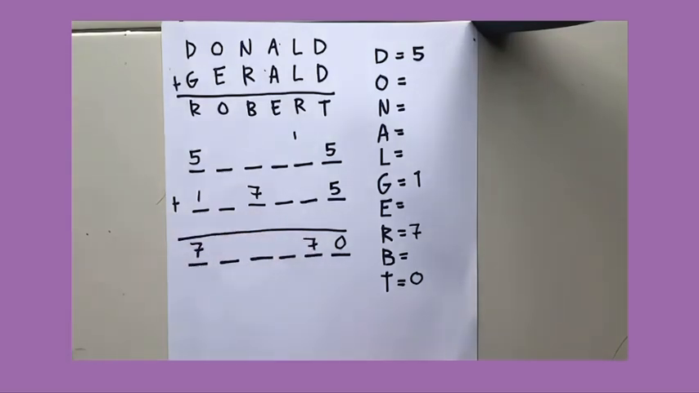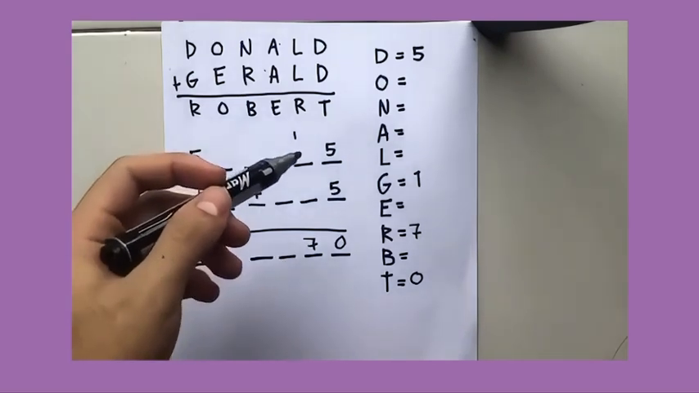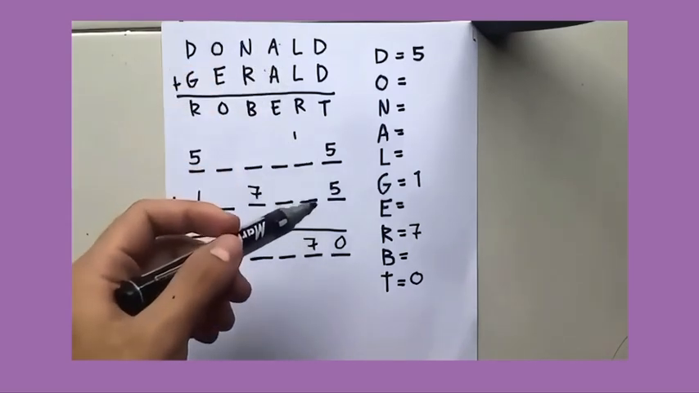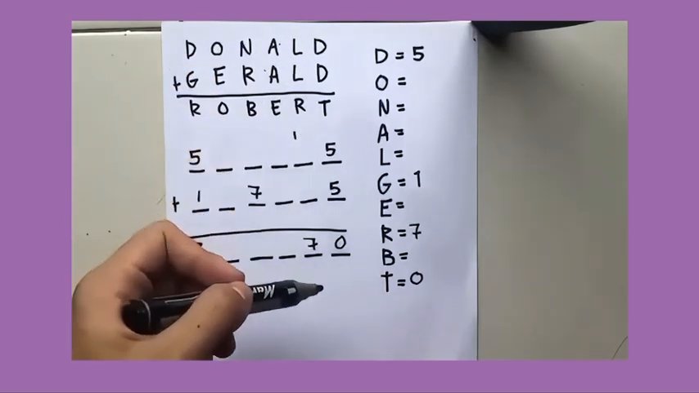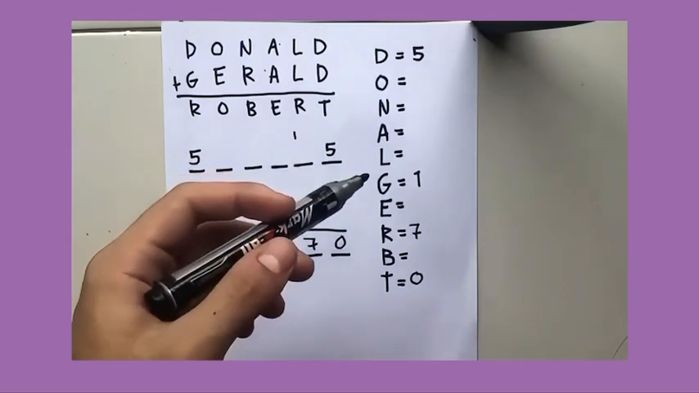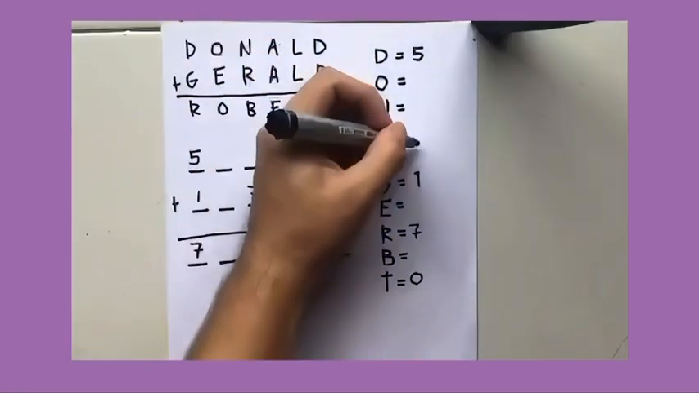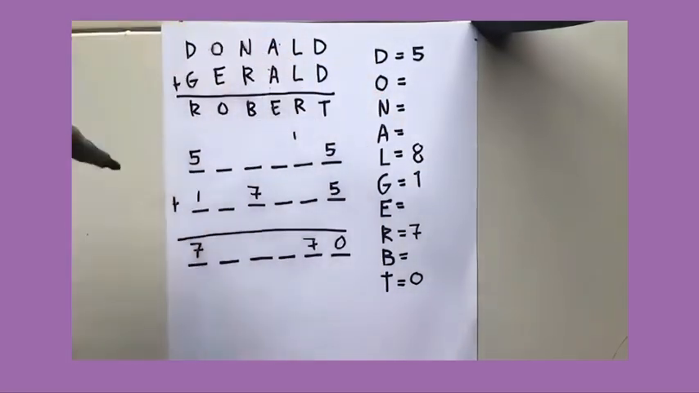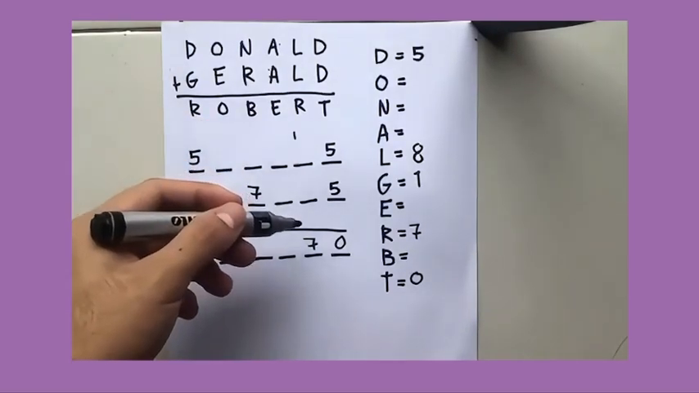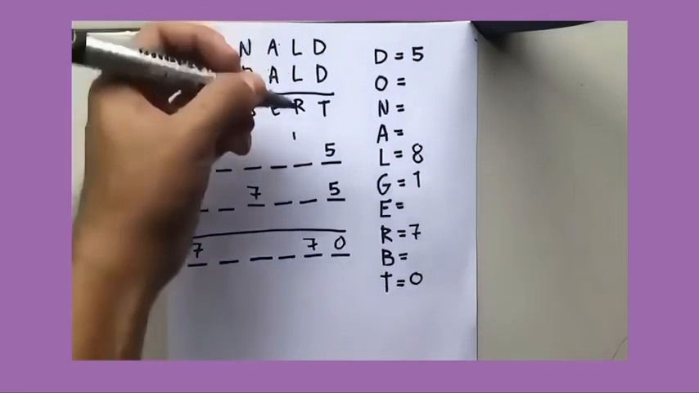And next, since we have a 7 here, let's assume that if we add up these two, since we have the same letter L, and add 1, that will come up to 7, or can be 17. So let's assume that L is equal to 8, because if we add up 8, that is 16, and add 1, that will become 17. So L can be